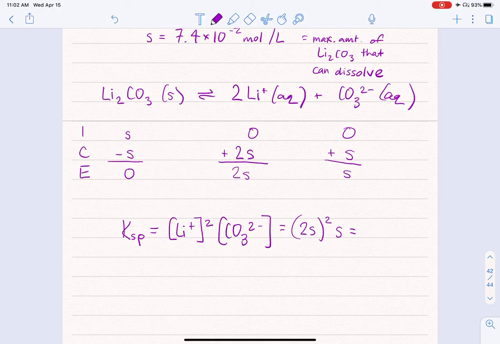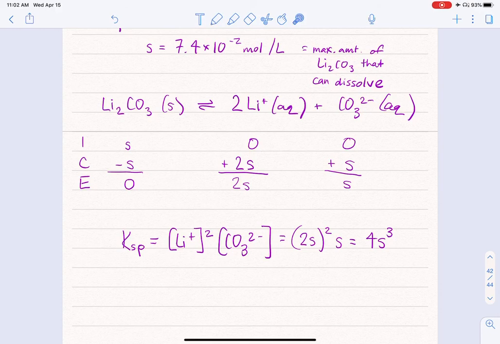All right, so 2 squared is 4. S squared times s is s cubed. Okay, and I know what s is. I was given s in the problem. S is the solubility. So I just need to plug this value for s into this expression, and that gives